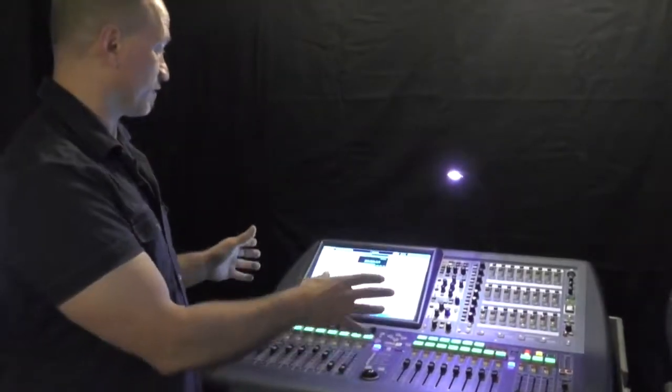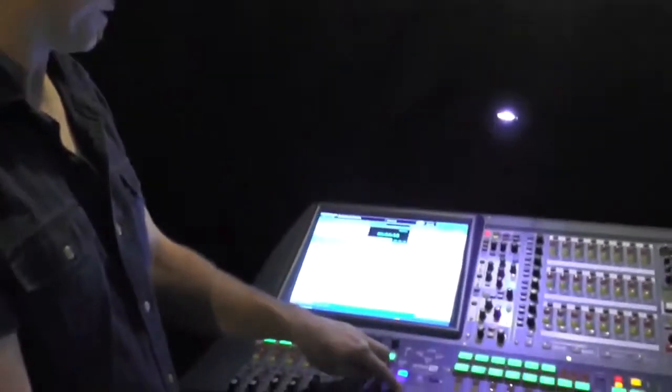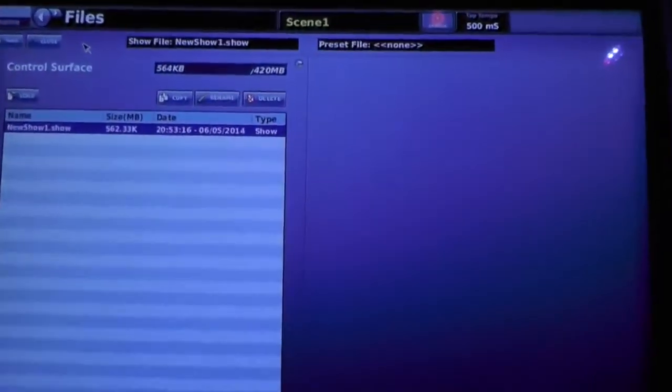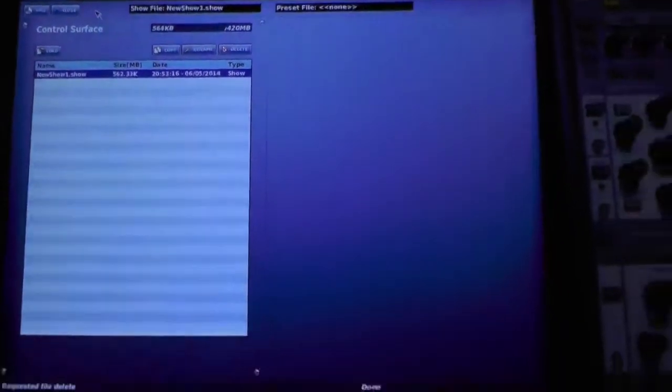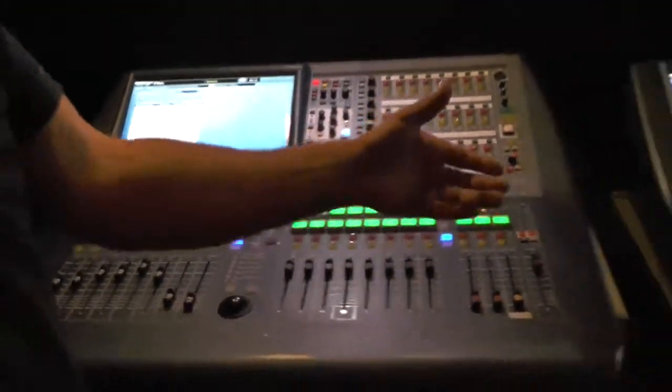You've got a console now, you've got a show ready to go, and now on this console, if we click on the automation filing button, we now have a new show on this console that if we load this show file, the start of the show will be exactly where we left it. On this Pro 1 here,